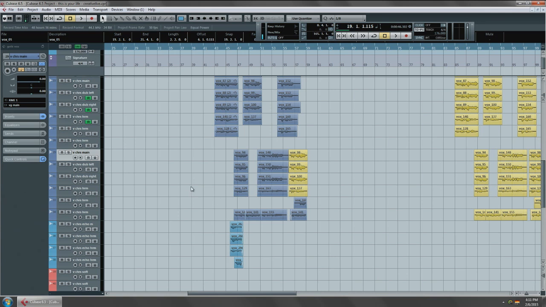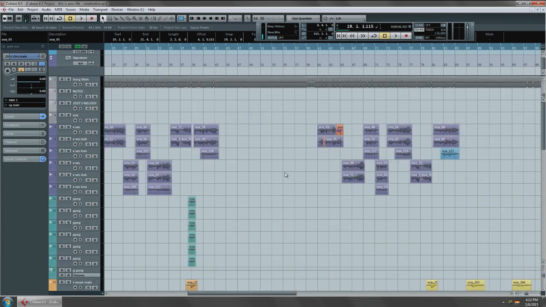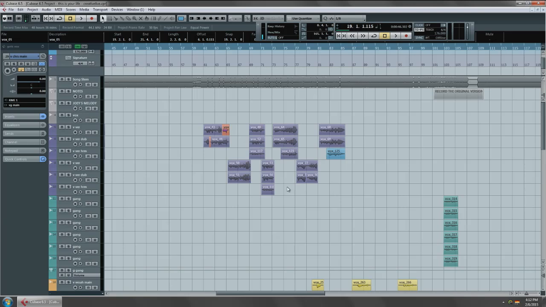Also, it's important to understand that consistency is great, but without limitation. What I mean by that is, don't tell yourself we're going to double every single chorus no matter what, and then you get to a point where you double a chorus and it sounds weird. Just because you said you were going to do the double doesn't mean you should do it if it's going to hurt the song. And also, on the flip side, if you said we're only going to do 1 harmony,